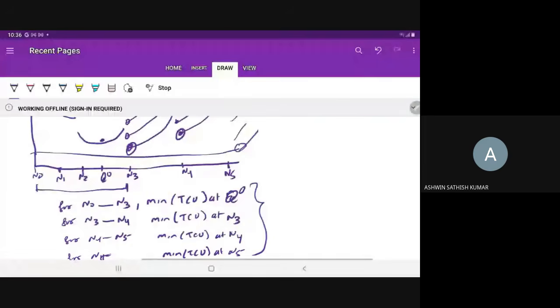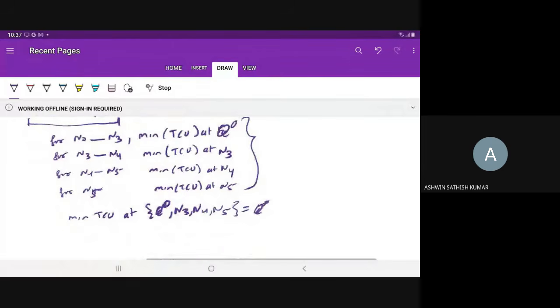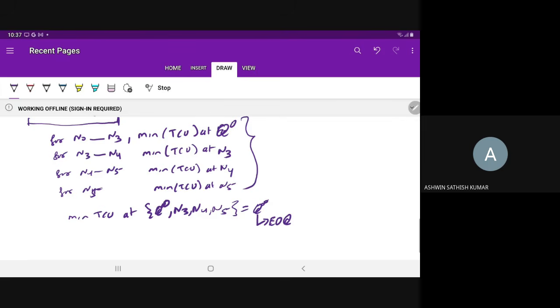If you compare this diagram, this is at the N5. Minimum is at N5, Q star. Q star is the economic order quantity. So Q star can be any point among Q naught and